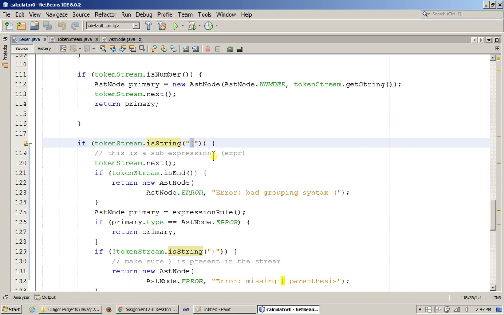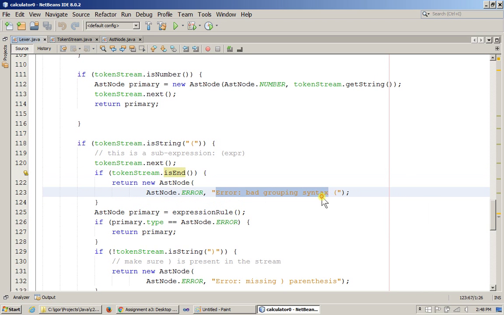We don't want to store parentheses in our token, in our nodes or tree or anywhere else. We basically say, well, you know what? It's just some kind of sub-expression that we want to deal with, and we immediately proceed to the next token. Then we say, is this the end, right? So somewhere as we say next, part of our responsibility is to check whether the ending was reached. For instance, if we have an opening parenthesis and we're already looking at the end of input, it's a syntax error, right? So over here, the error that I'm trying to report to the user is